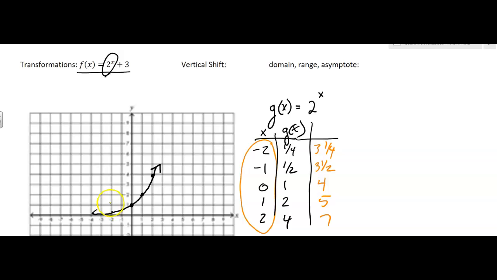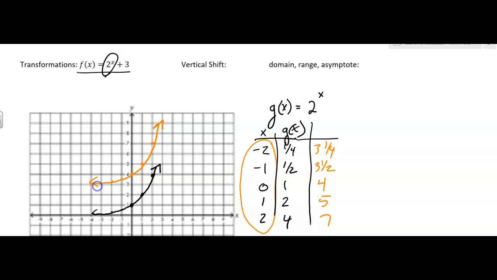-2, and I'm going to go up to 3 1/4, and then -1, I'm going to go to 3 1/2, and then 0 is going to be 4, 1 is going to be 5. Did I miss one? No, 1 is 5, sorry. 2 is 7. And so it should look like